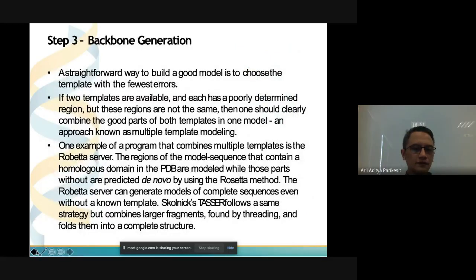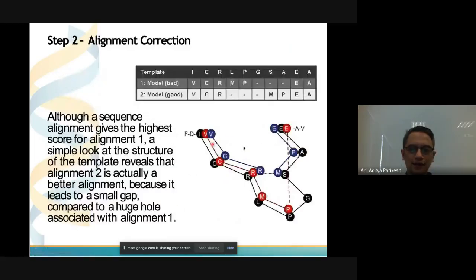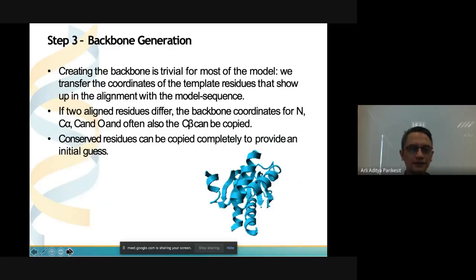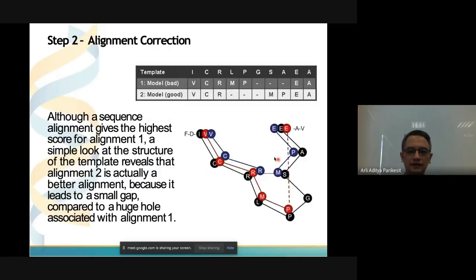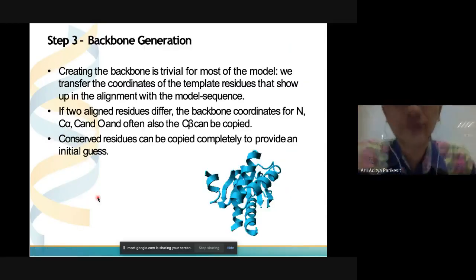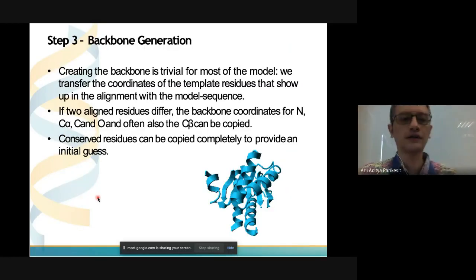So basically, if you want to create a backbone, this is already it. This part is already creating a backbone in this stage. In this step we just explained that the backbone generation will be elucidated in 3-dimensional. What you get here is just a 2-dimensional depiction, but in the third step you will get the 3-dimensional depiction.